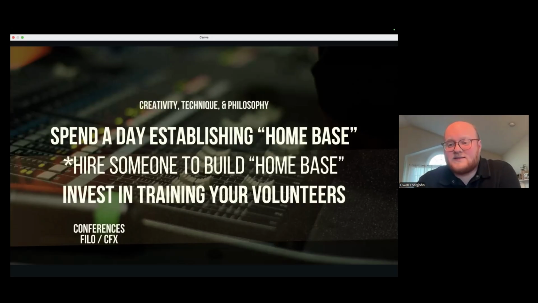But it's great. It's not only a good opportunity to see what gear is out there, but there's some really good training and resources. A lot of churches in our area will send multiple volunteers down, like their whole volunteer team will go. CFX is another one. I don't know that that's much closer. This last year, I think it was in Chattanooga, Tennessee. It's a church facilities conference, but they have a section of it and a lot of tech sessions as well. So kind of interesting.